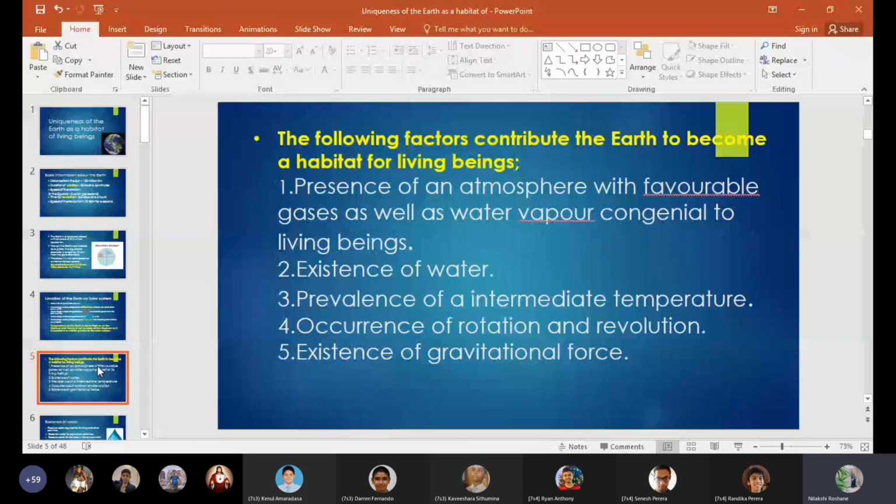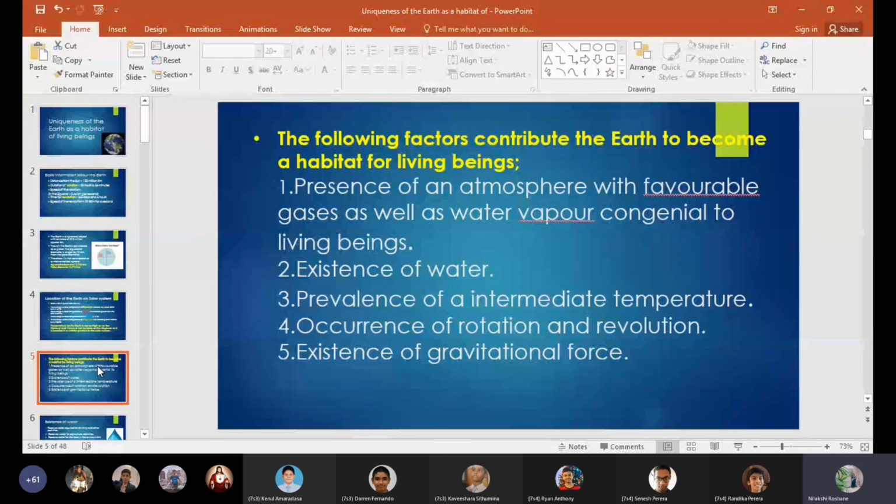Have you learned about the water cycle earlier? Yes, teacher, in geography, grade 6. Because of that we discussed condensation. Condensation happens because of water vapor. Water vapor rises up and gets condensed, and that's how clouds form. That is very important. Even in grade 7, we learned about convectional rain. In that part also, the water vapor rises up and forms clouds, and because of that we get rain. These concepts are very important.